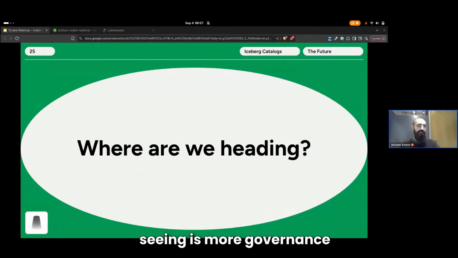Things that we're slowly seeing is more governance, contracts, like the LakeKeeper folks, and even other catalogs being bundled together. The DataHub folks, last time I spoke, were just a business catalog, but they have an Iceberg catalog built into it now too. It hit its 1.0 version back in March. So this is fantastic. Atlan even joined the party, and they were a Polaris catalog launch partner. So I would love to see a place where all those different catalog terms come together, and we got one place. We can learn about our data, we can access our data, and so on and so forth.